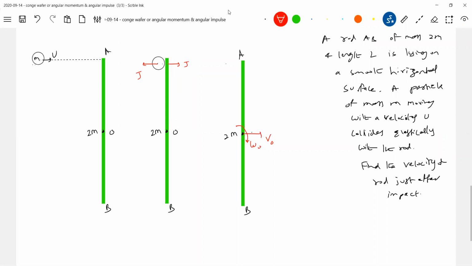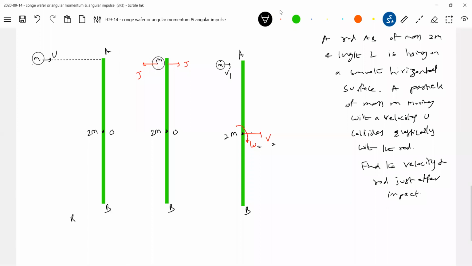What will happen to the particle? Go back to the collision. If an impulse acts on a particle or on a body, then what are the possibilities for this ball, small ball, or marble, whatever you want to put? It may come to rest after collision, it may rebound, or it may continue to move with a velocity in the same direction. So I'll just assume that just after impact it will have velocity v2 and omega 2. This is v1.